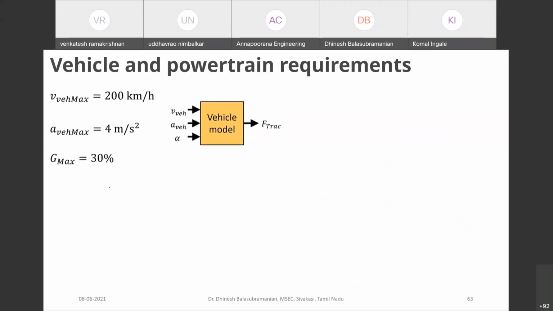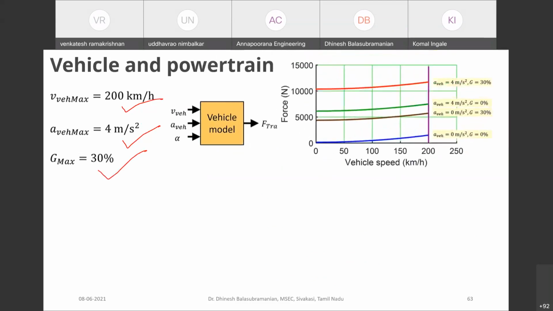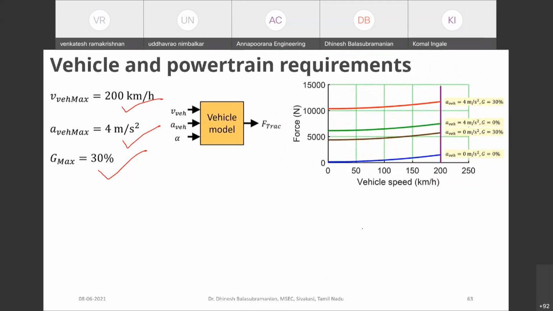For an assumption, I have come up with a vehicle having a speed of 200 kilometer per hour, and the acceleration is 4 meter per second squared, and the gradient that I have chosen is 30%. So if you try to plot the force versus speed curve for it, this is your vehicle speed combining the rolling resistance and the aerodynamic profile. Let us assume for 0% of acceleration, at the gradient of 30%, you will have a pattern